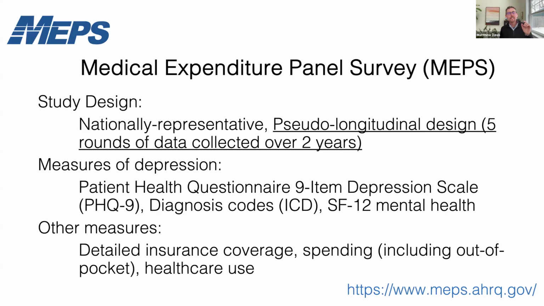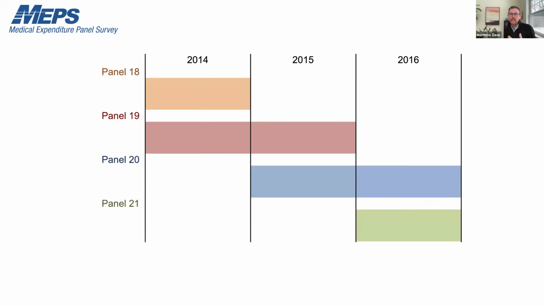Relevant to you all, it does collect data on depression via the Patient Health Questionnaire 9 item. There are diagnosis codes because there's a component where they go in and look at people's health records, and they also collect the SF-12 measure as well. But again, it really shines if you're interested in health insurance coverage, spending, utilization. This is the go-to place for that and what it's designed